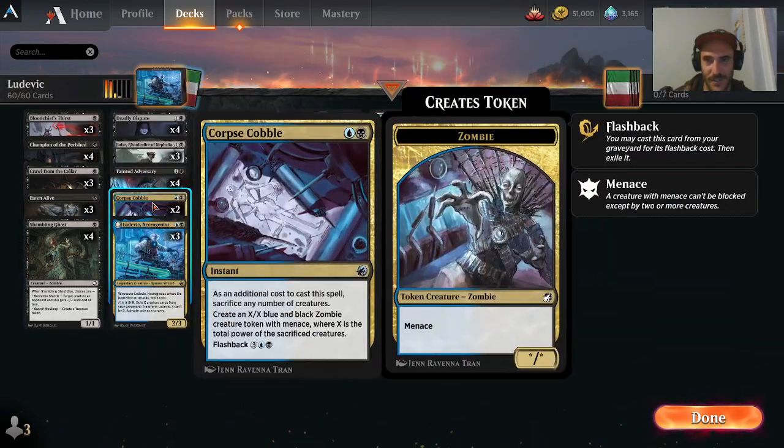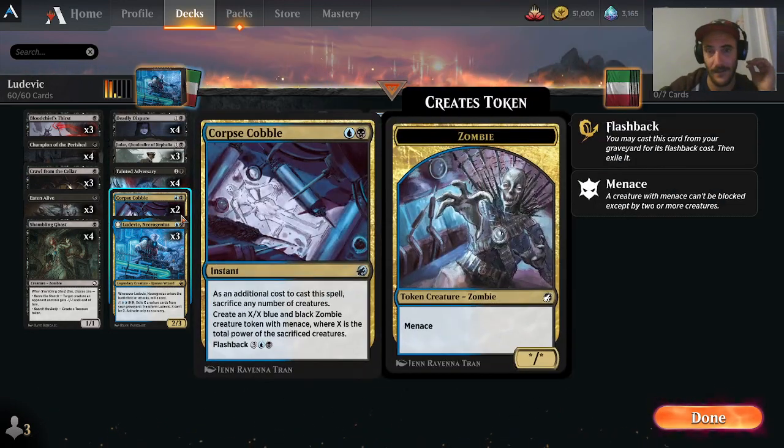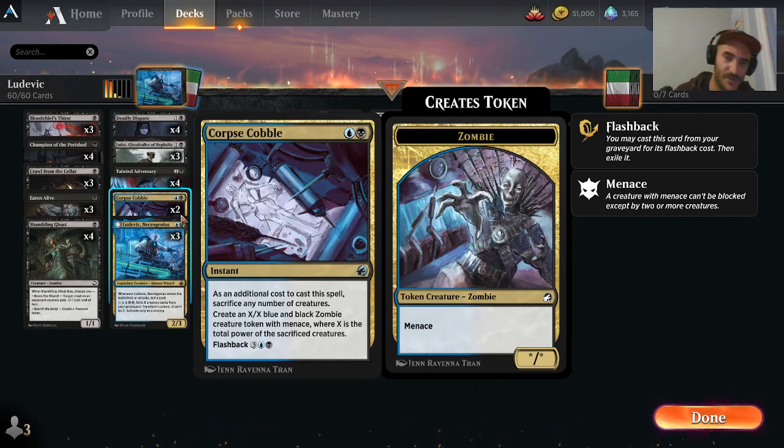And then this is actually really cool because you can do the same trick that you can do with Deadly Dispute, where you go into full control. And you can do something to your decayed zombies before they decay. In that case, it's Corpse Cobble. So, it makes sense. And it's crazy that it took me so long to figure this one out. I was looking at this card for ages going,